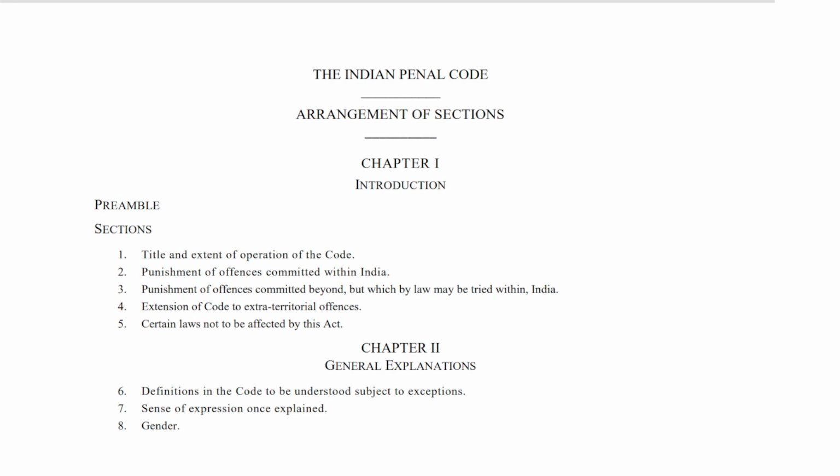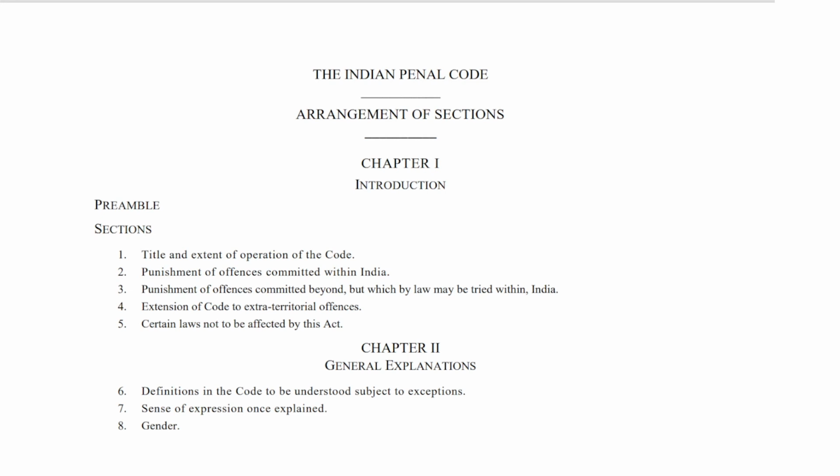We are not supposed to learn the definitions as such. We are not supposed to retain the sections as such, because that is something that we will obviously be doing in our college years when we are in college. But during a competitive examination, all you need to understand is the underlying principles. The questions in your question paper will be in paragraph form, where facts will be given, and in those facts, the principles that will be applied have to be understood, along with an understanding of the general exceptions,